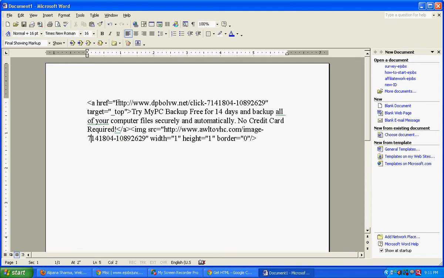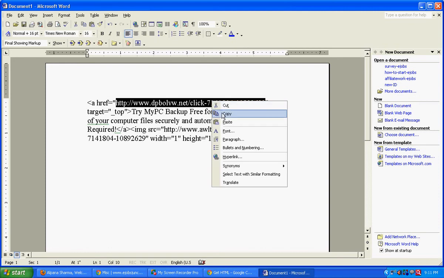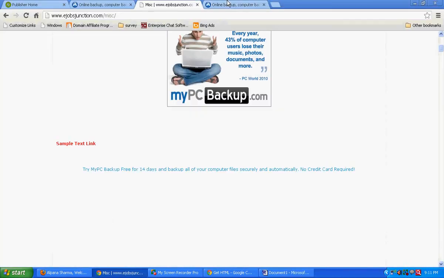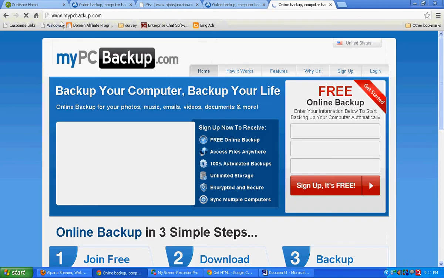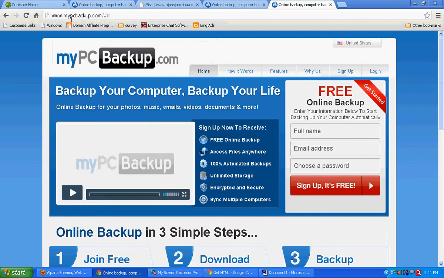So you can see this particular code. You have to take this particular thing in a PPC program that starts with HTTP and closes before the inverted comma. Let's say I copy this code and place the same in a new browser over here. So you see this code has converted into the URL of my PC backup. So this is how it works.